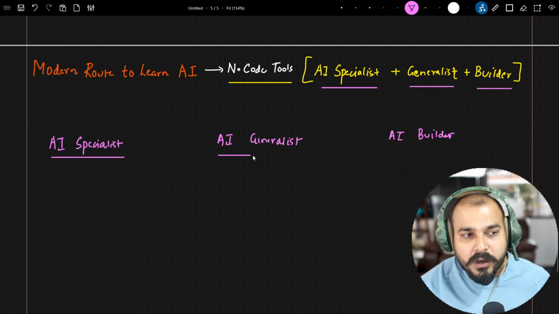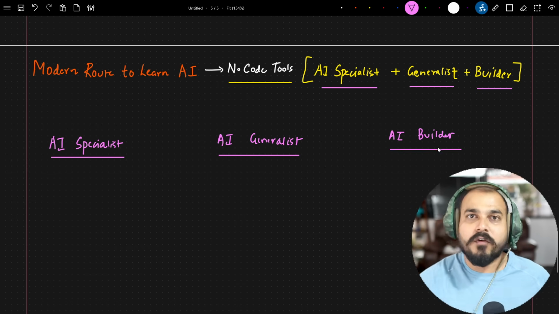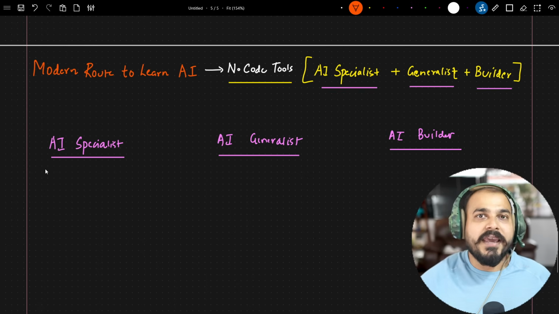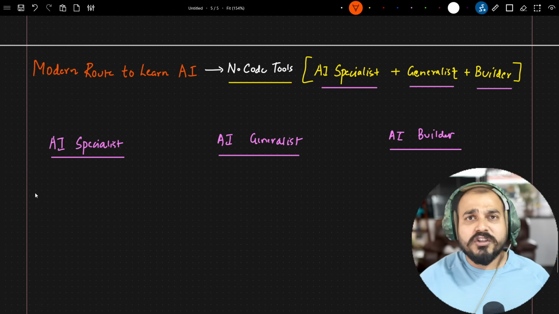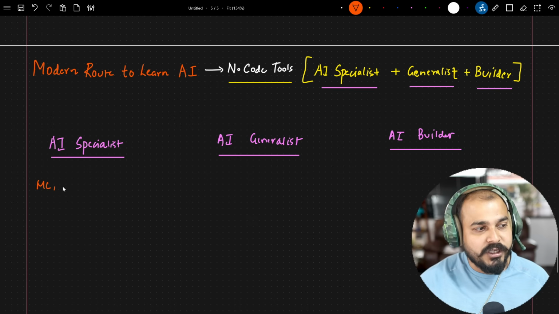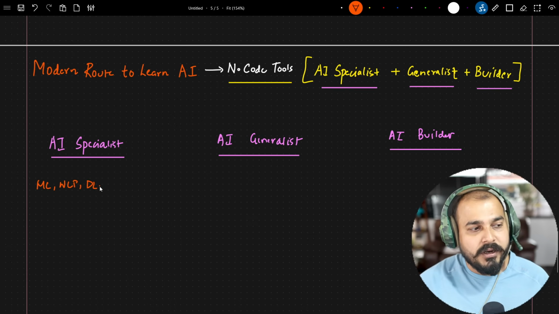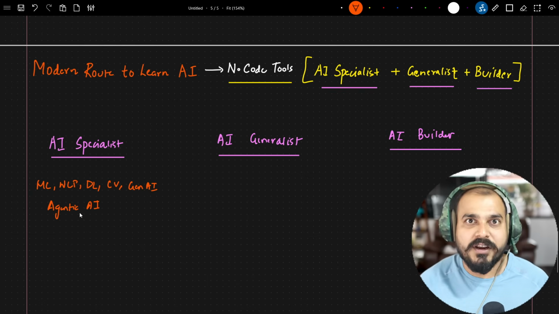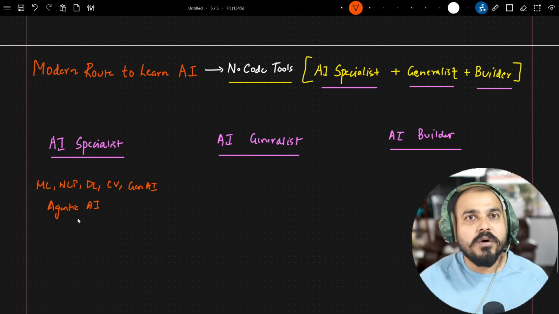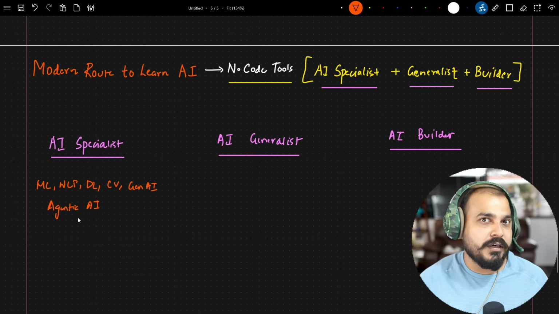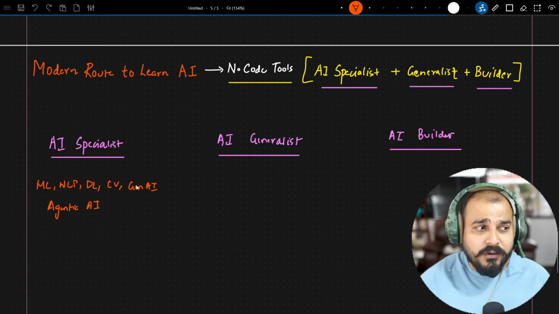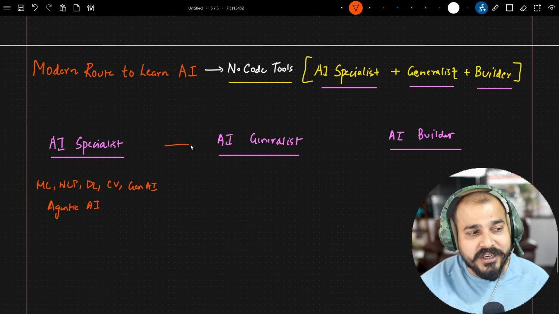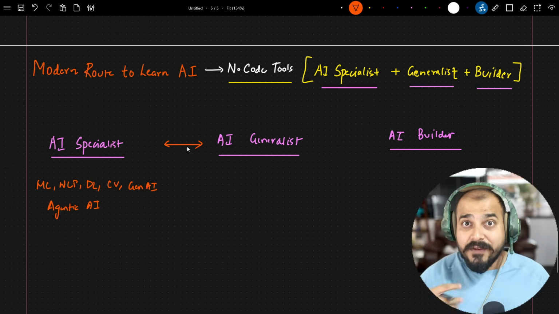I've been working in this AI field for the past 13 to 14 years, right? Whenever we talk about an AI specialist, it is like you're specializing in something. Let's say you know about machine learning, NLP, deep learning, computer vision, generative AI, agentic AI, right? With the help of these specific skills, we develop applications, use different kinds of frameworks, and develop super cool workflows which will automate various tasks or help the clients, right?